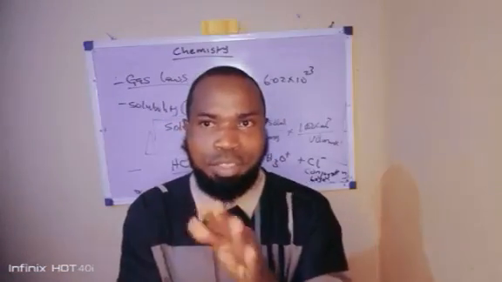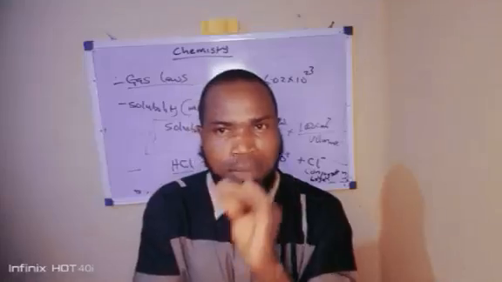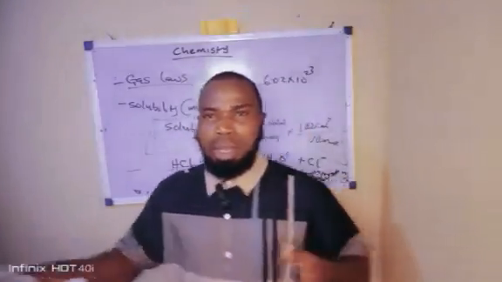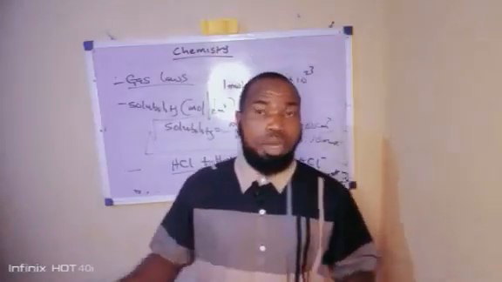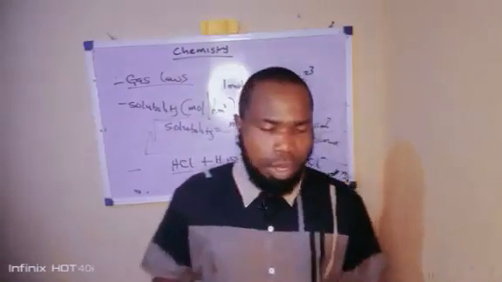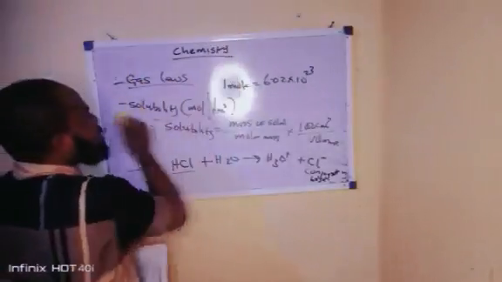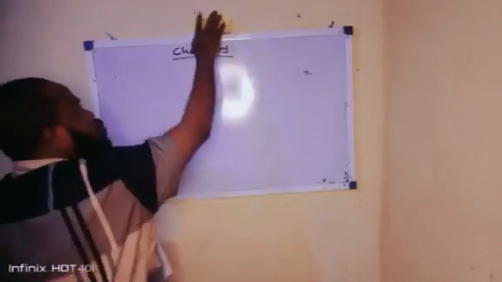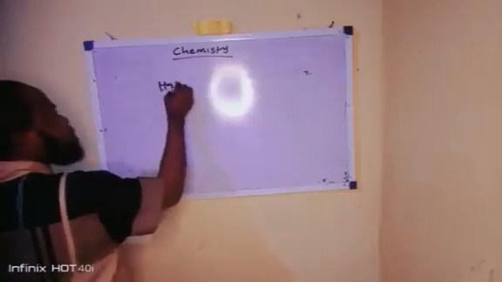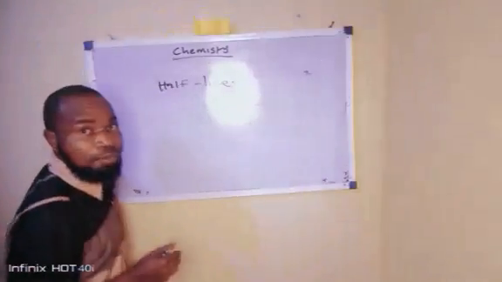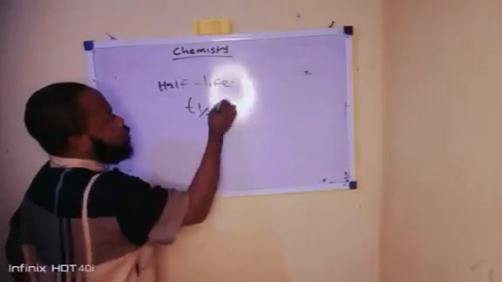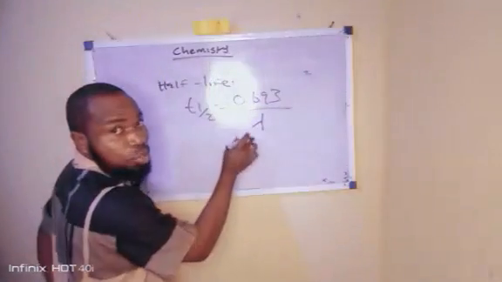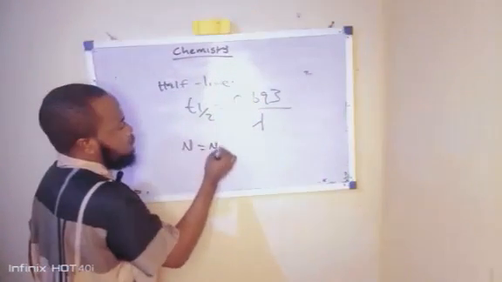I'm very fast, but it's just a short video to bring your mind to something very, very important. I've been able to point out some maybe gray areas. Of course, nuclear chemistry is very, very necessary. Now, something is coming into my mind in the calculation aspect. You should also remember how to calculate half-life. Half-life is equal to 0.693 over the decay constant. And you should also know this again, that N is equal to N naught bracket